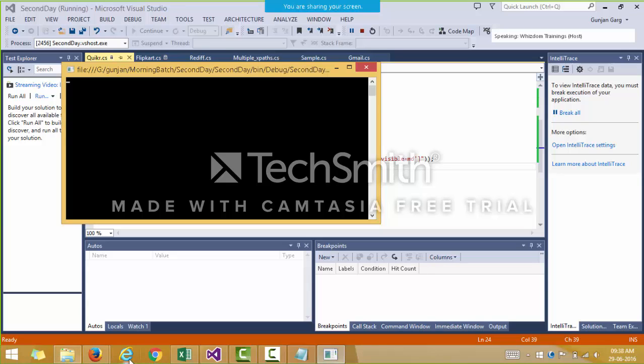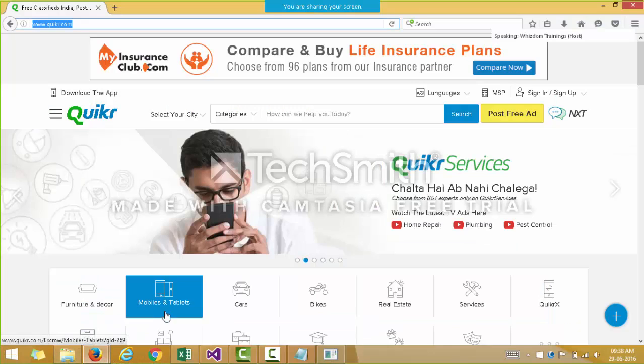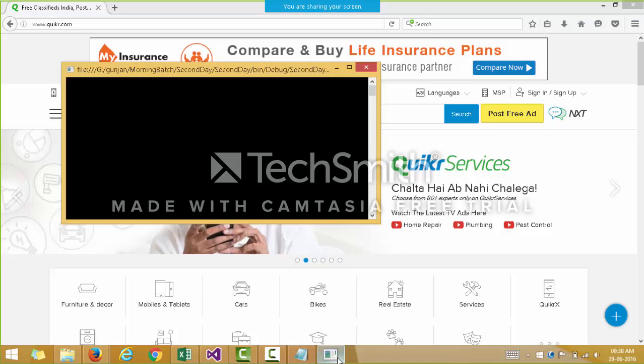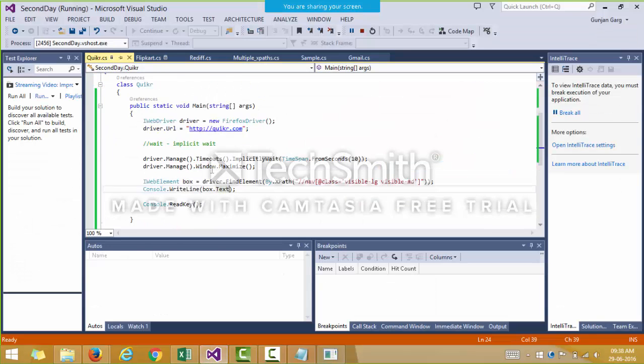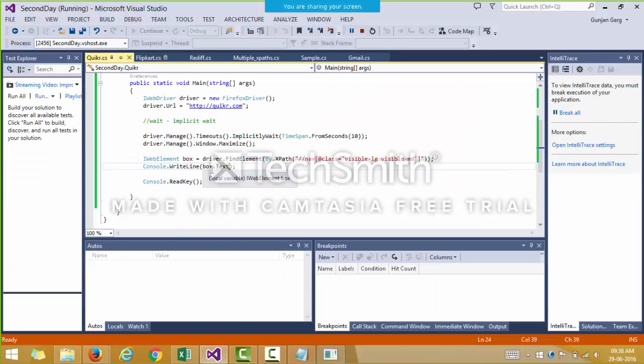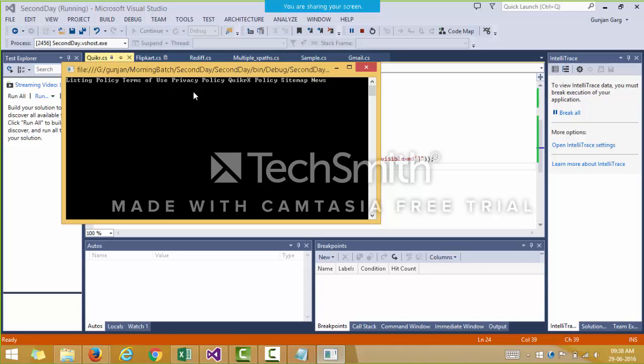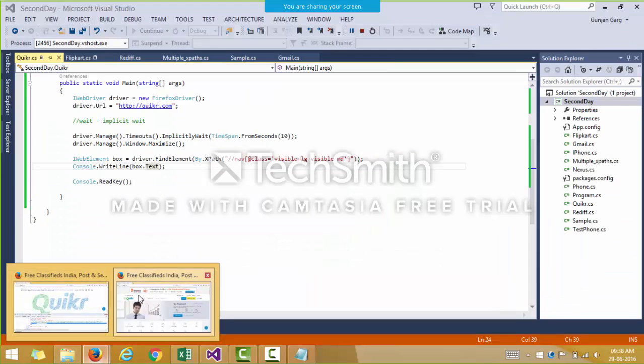Hold on, it has not printed the elements yet. Yeah, so it has printed. You can see that it prints all the links which are present inside the box that we have extracted.